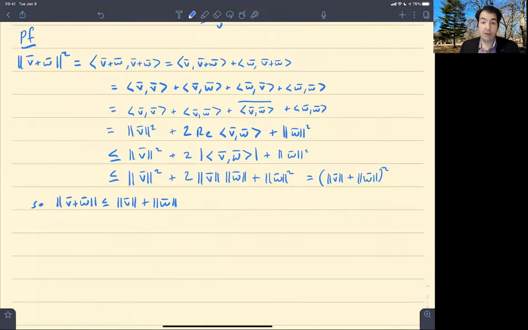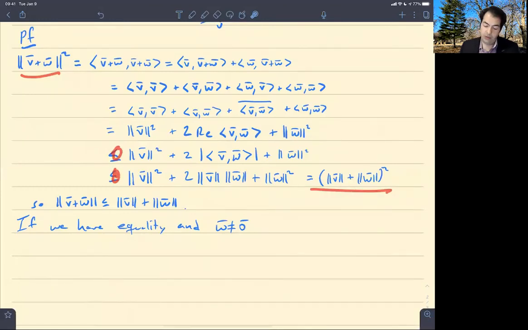Okay, so now what if we have equality? Let's say that w is not equal to 0. If w is equal to 0, then of course you have equality trivially, because both sides are just the norm of v. Okay, well, we used 2 inequalities here. So if this is equal to this, then both of these are actually equalities. So if you have equality here,